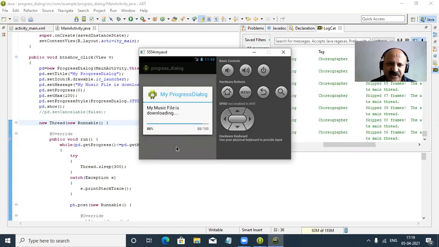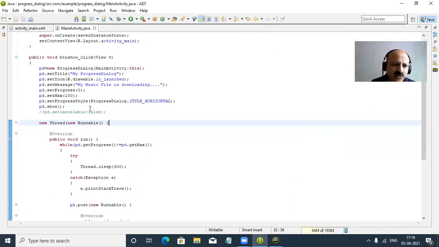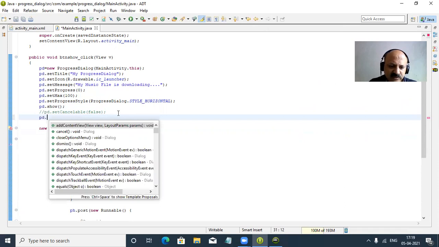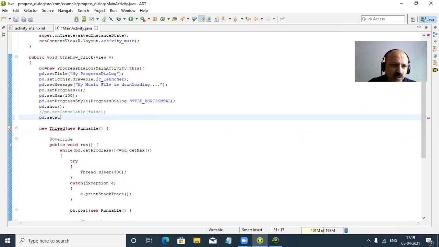So let us check, wait, and yes, 100, but it is not cancelable, meaning it should disappear automatically. Yes, let us check. So what to do? Is there any method? So p dot set auto, that type of method is not there.